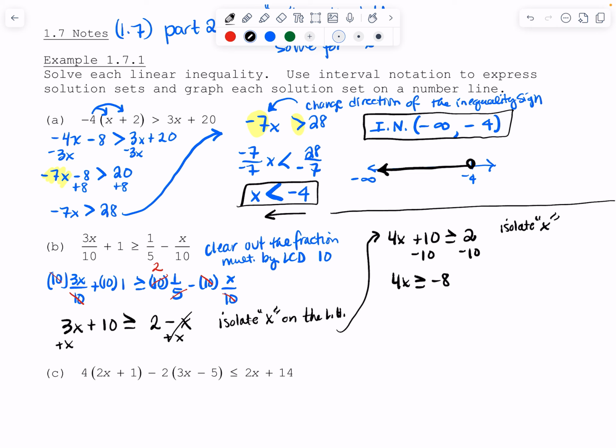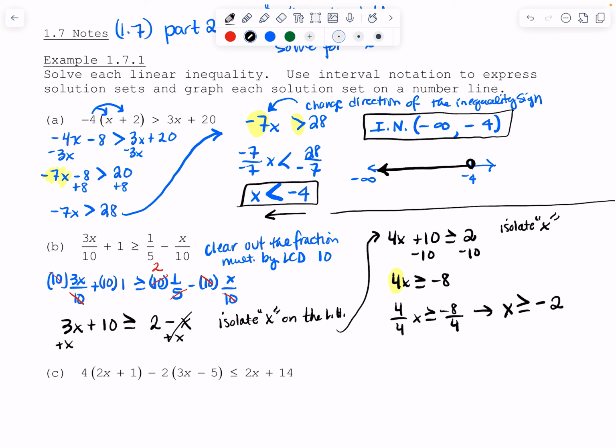Okay, I'm at my last step. This time around, my coefficient of x, or the number in front of x, is positive. So when I divide by 4, I do not have to change the inequality sign. I only change the direction of the inequality sign when that number is negative. So it's positive, so I'm not going to change it. So 4x divided by 4 is x, greater than or equal to negative 8 divided by 4,